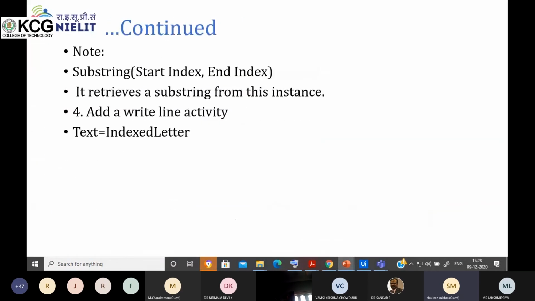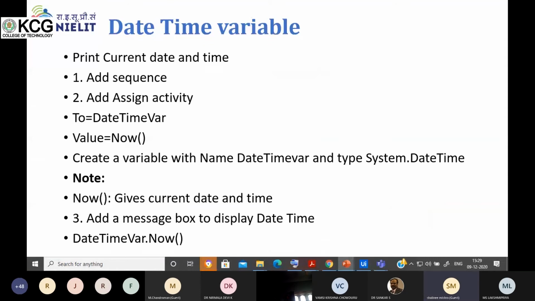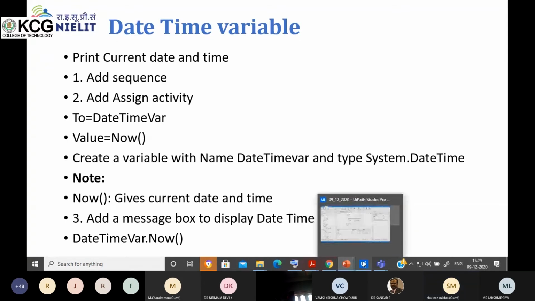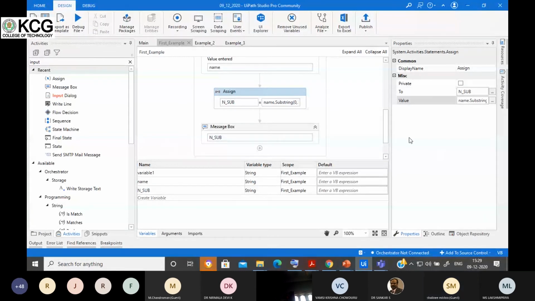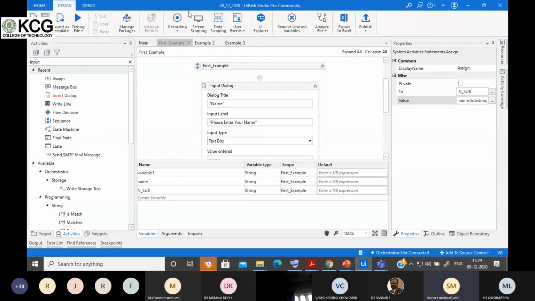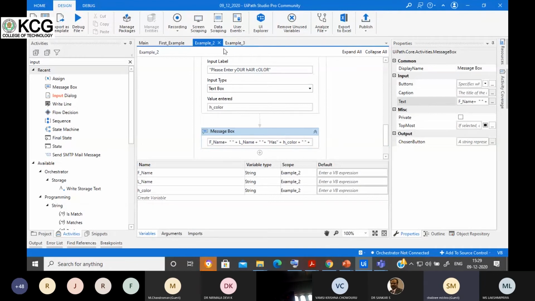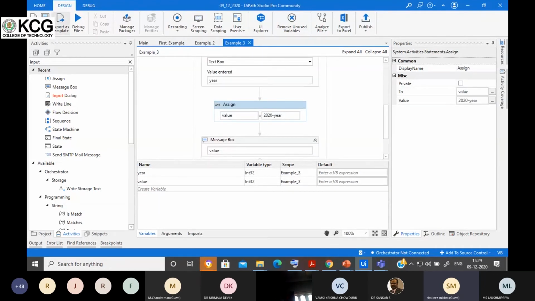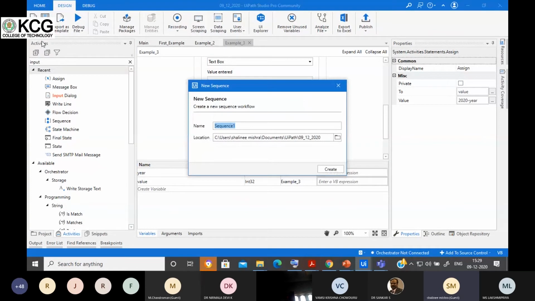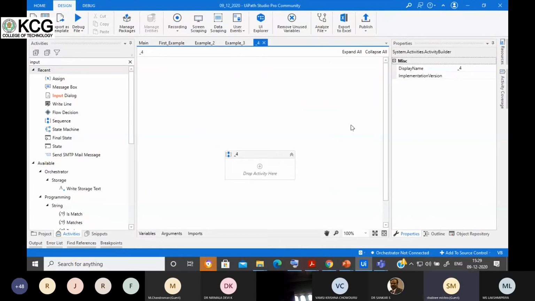Now this is the date and time variable. So to access the date and time, this is the fourth example.